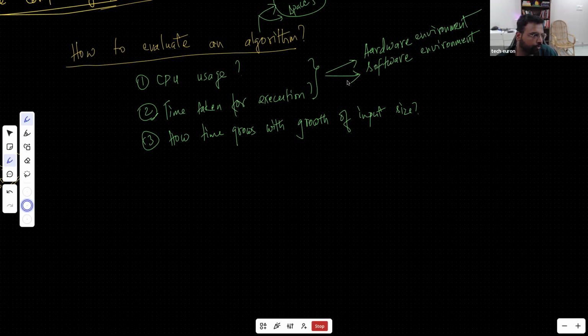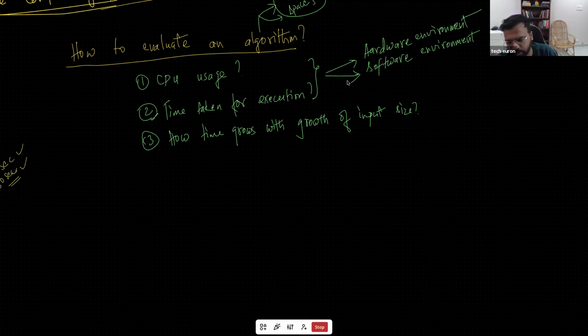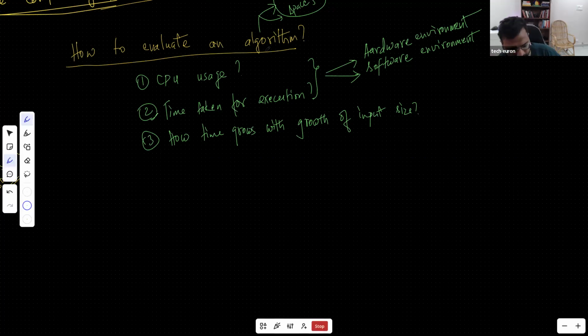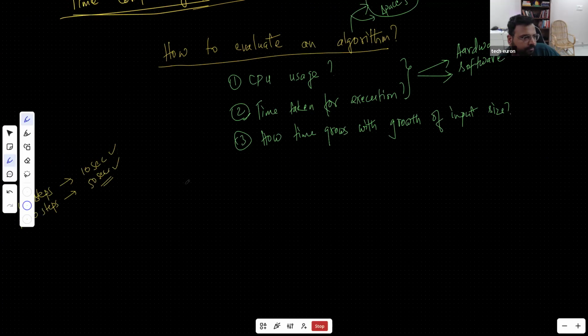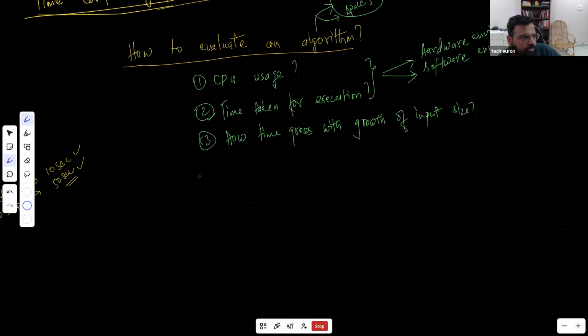Okay, so if I'm having algorithm 1 and algorithm 2, and I'm running one on PC1 and the other on PC2, one is taking 10 seconds, the other is taking 15 seconds. It is possible that the PC on which it is taking more time has lower hardware configuration, or the software is a little bit slower, or the operating system is not very good, or the memory is not very good, the hard disk is poor. So can you compare that way? Will it be possible for you to compare it that way? It's not a fair comparison.